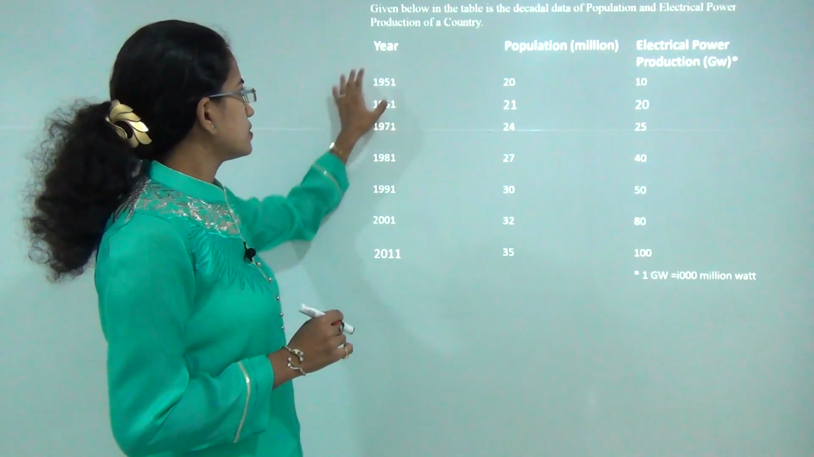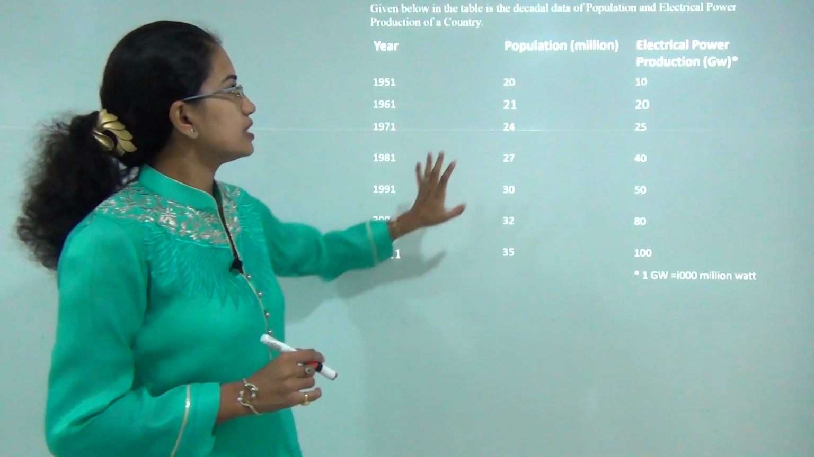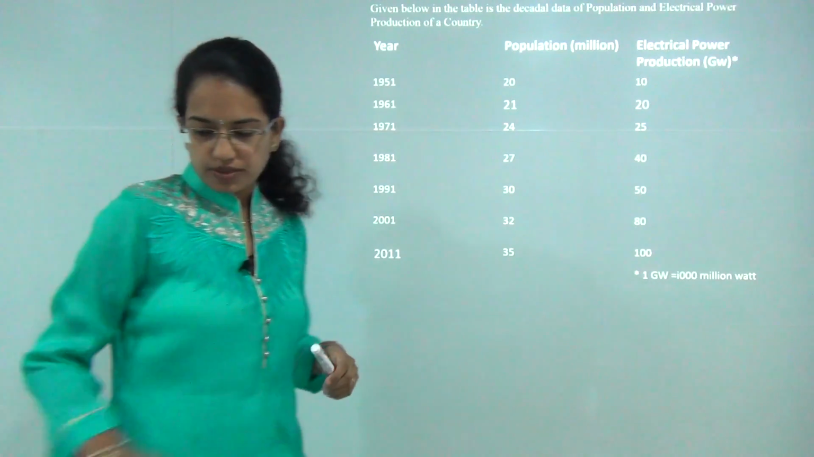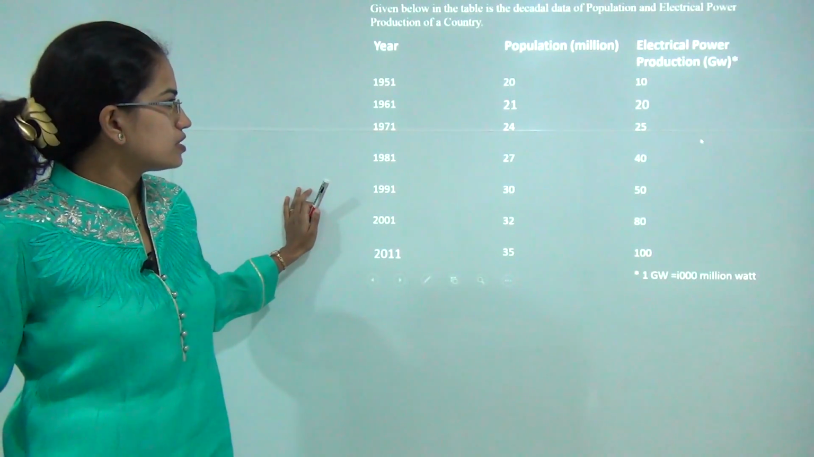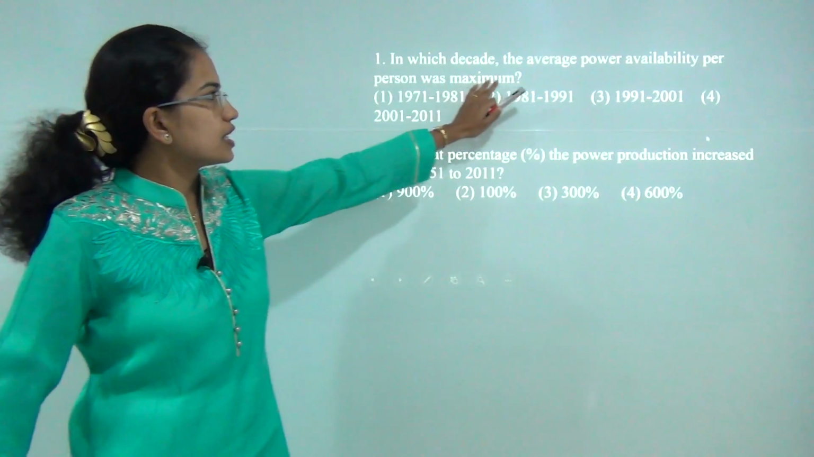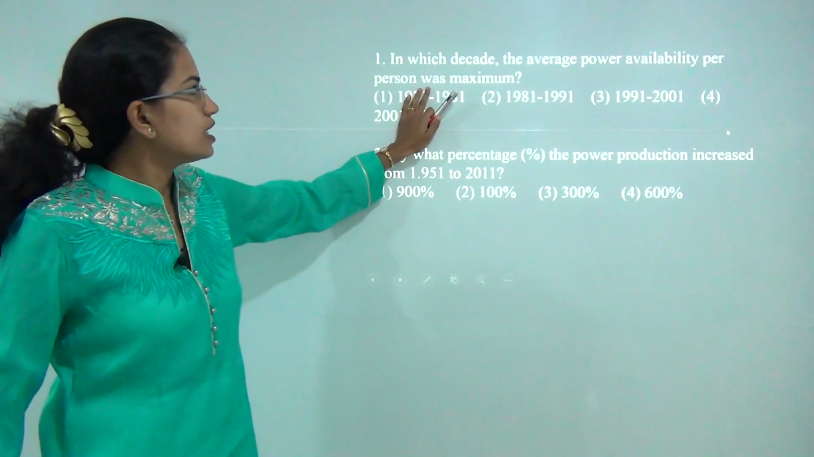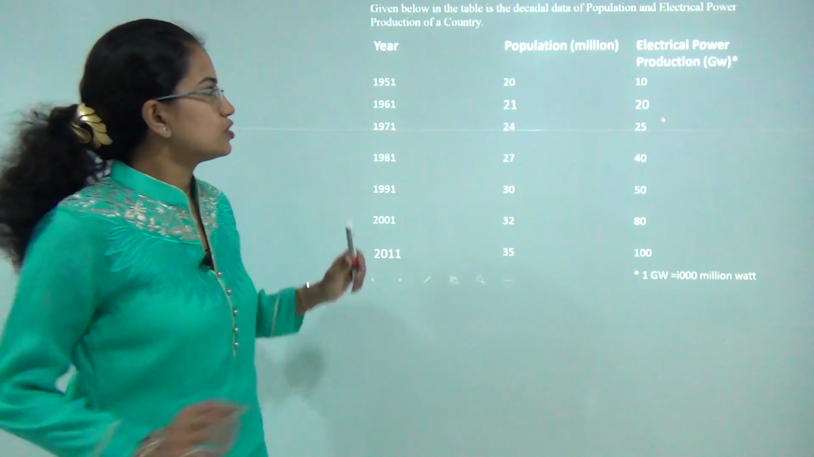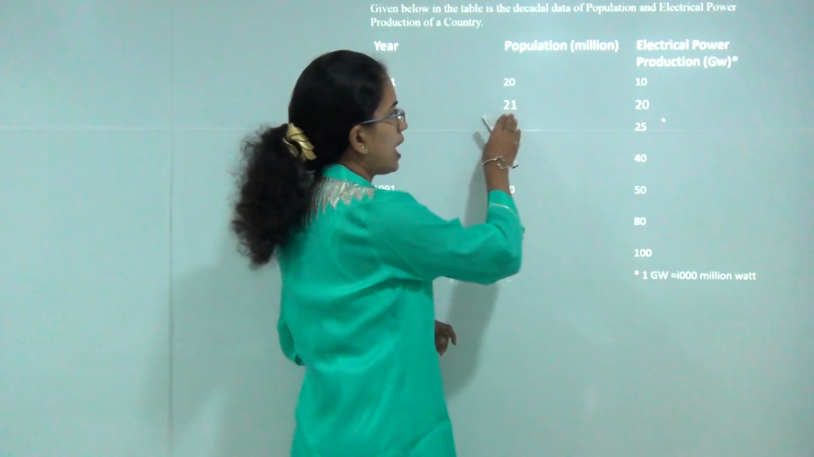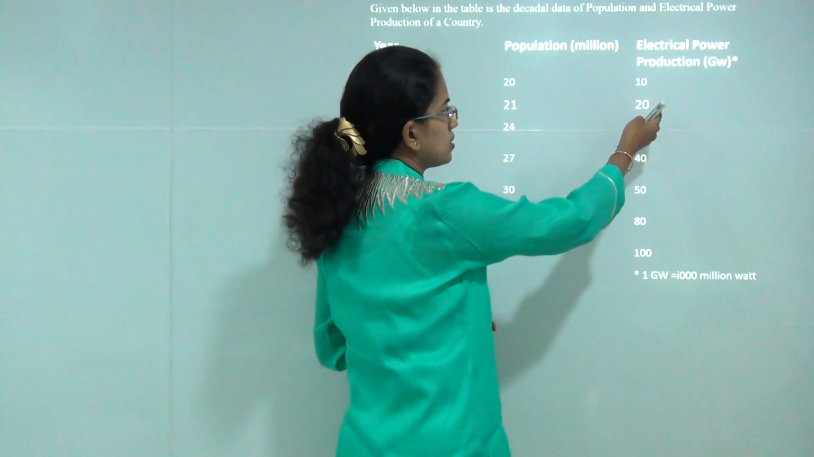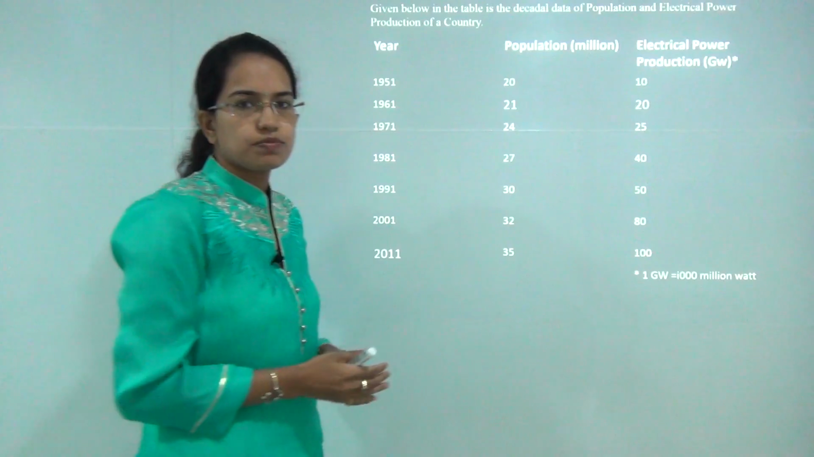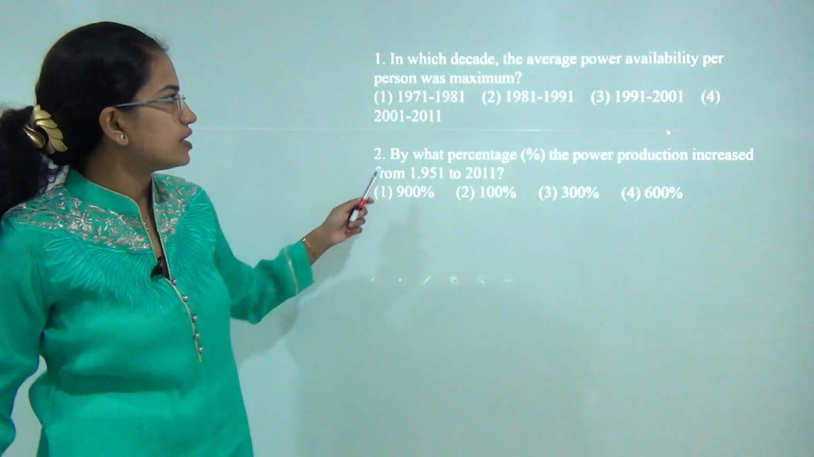So you have the various years that are given, the decadal data for the population and the electrical power production. The first question based on this was, in which decade the average power availability per person was maximum? Now how do we calculate this? So we have power and we have the population. So what we have to simply do is power divided by population would give you the average availability of power